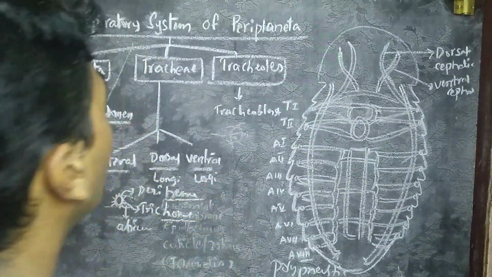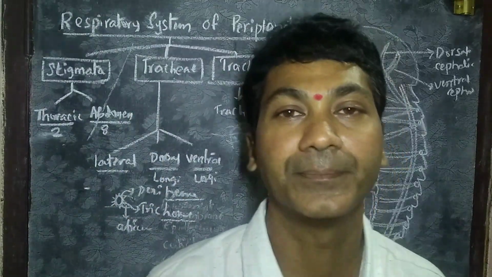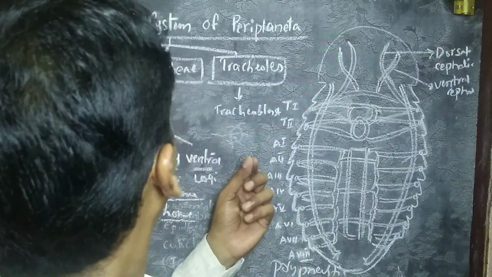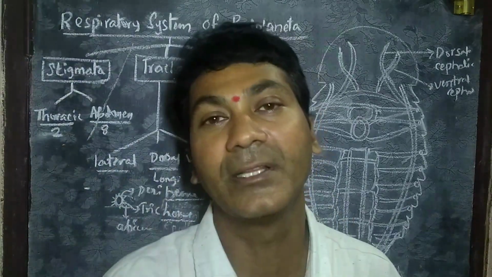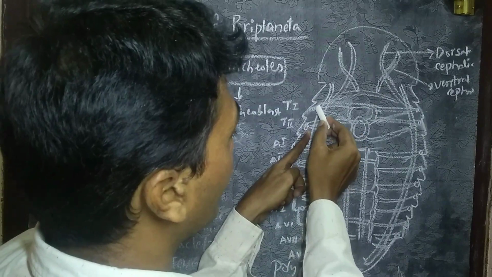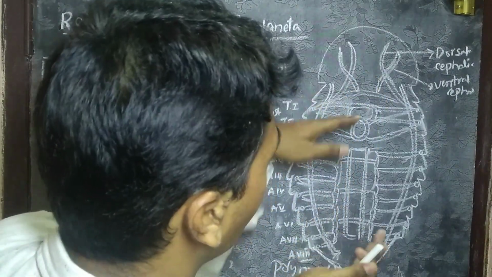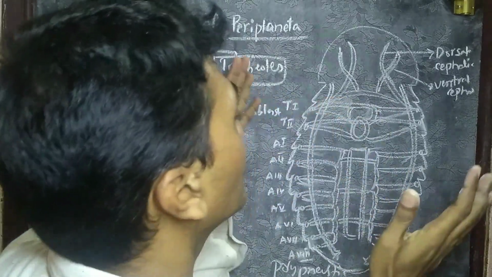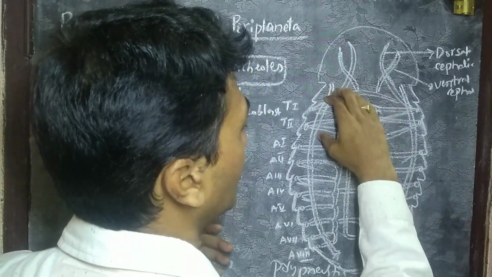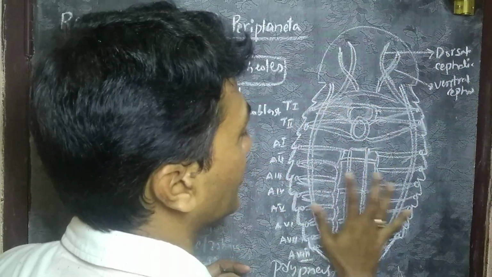Then we go to the tracheae. Tracheae is a simple windpipe. So each stigma is connected with a windpipe. The connection of the tracheae for the first two, the thoracic, is individual, and the second, the abdominal, is also individual, so we have divided them into two segments. These two connections of trachea are different, and these 8 connections are different.